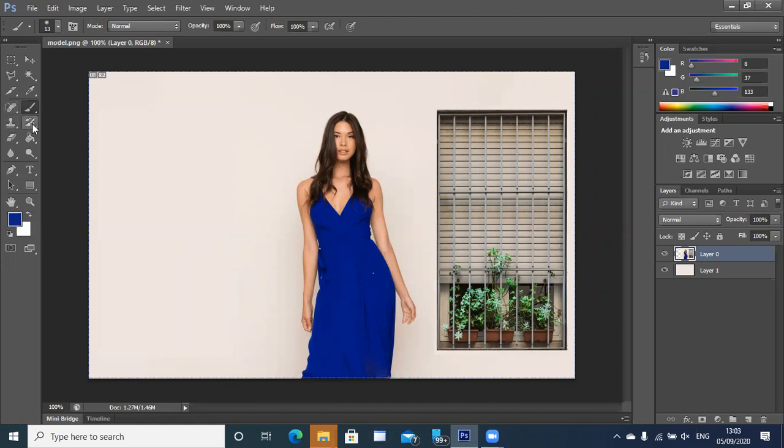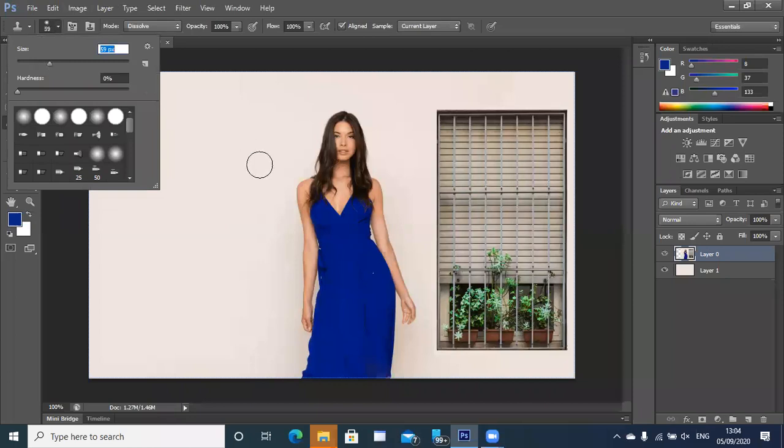Okay, fine. Then comes the patch tool. As I mentioned, if you want to replace a certain area. For example, here is a model. I want to replicate this model here. I want to replicate the model from one area to another. How will I do that? I'm increasing the size of the brush here. You can increase the size of the brush. Here it is. And then I want to replicate this model on the other side.